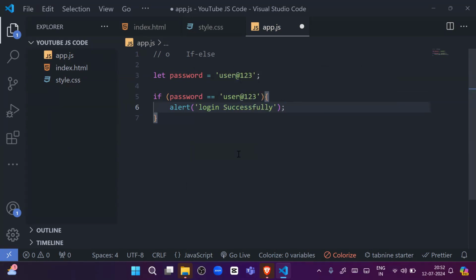If this condition is false, then I will say else alert,